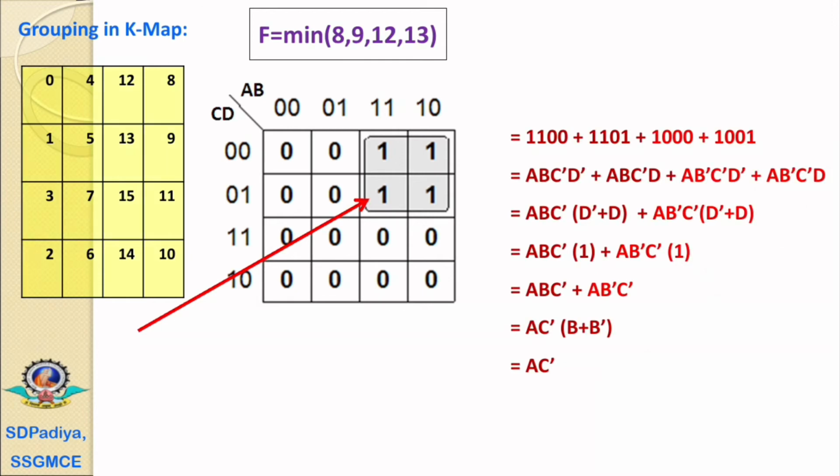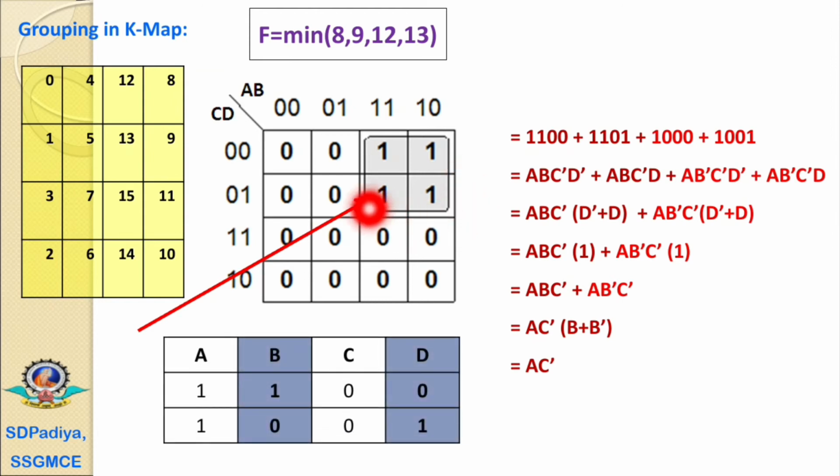Now we can solve this given min term by using this K-map and by considering this Boolean algebra. But is there any simplified technique? Then yes, there is one easy way to find out a simplified expression for the given min term. If suppose we have a square like the group of 4 variables, then we can consider any 2 diagonal elements, either this right shifted or this left shifted, any 2 diagonal elements.